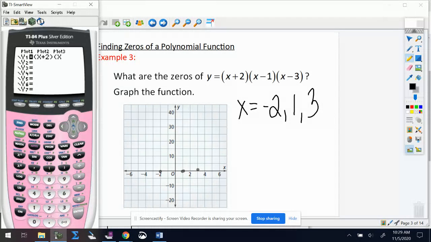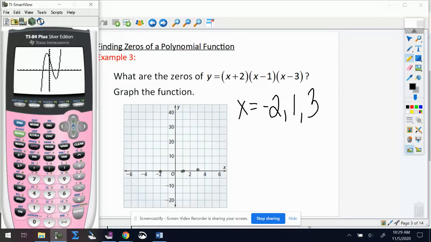The calculator doesn't care what form you enter it in. So I'm going to use parentheses a lot, and I'm going to type in each factor in its own parentheses, and then I'm going to hit graph. And you'll see as the graph is formed that it goes through those 3 x-intercepts that we expected: -2, +1,